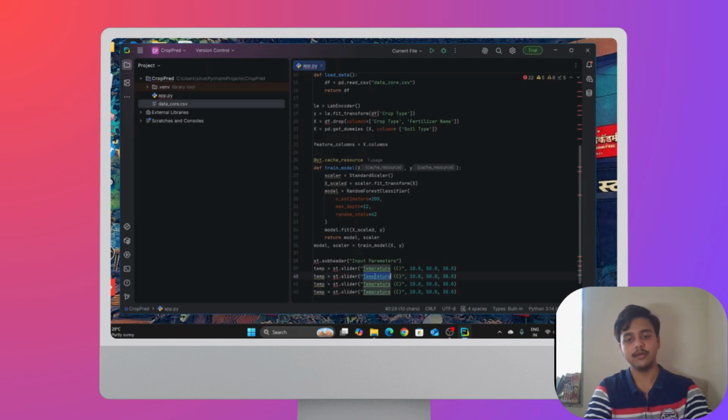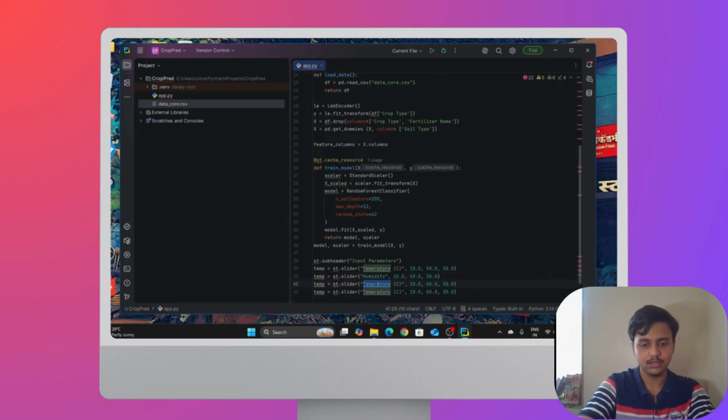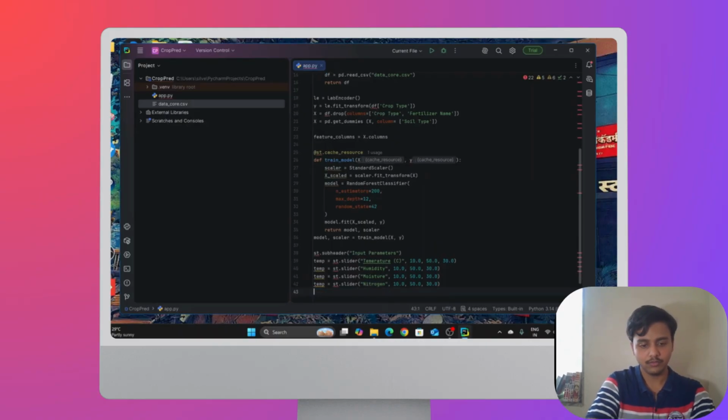So I'm going to write about humidity, then the same for moisture, and I'll also continue it for nitrogen, and the same for phosphorus.